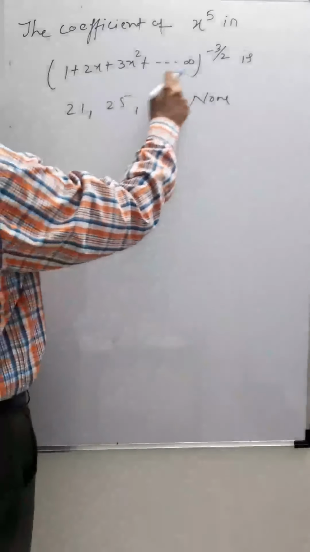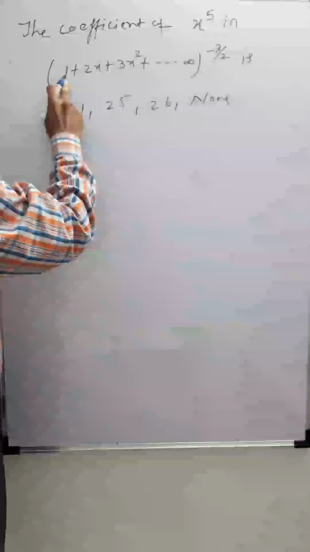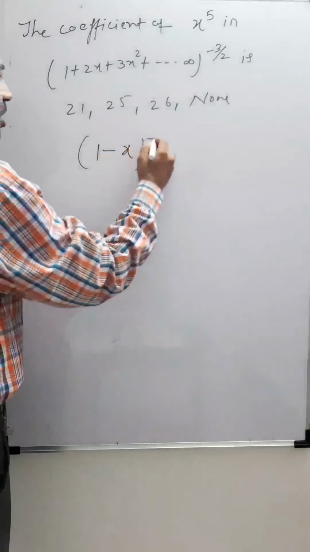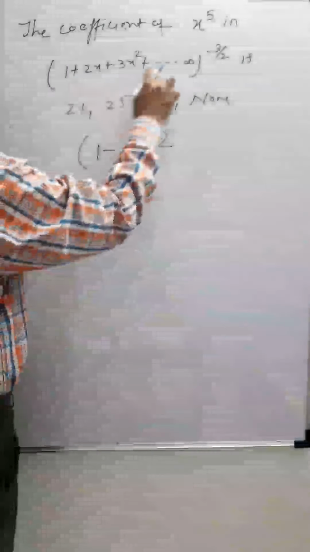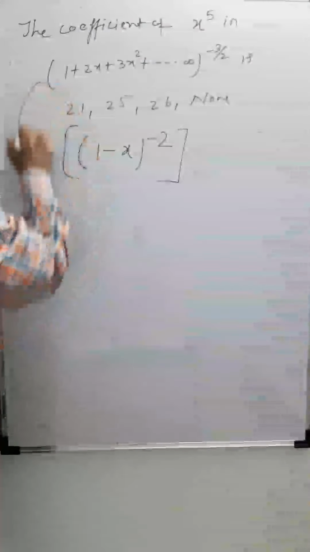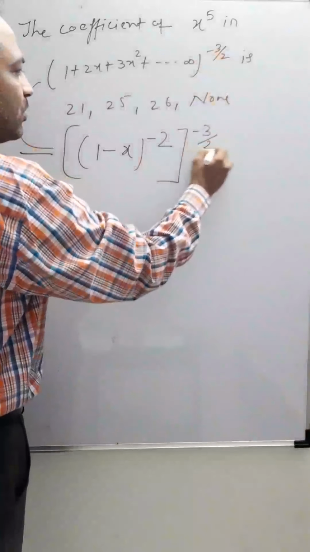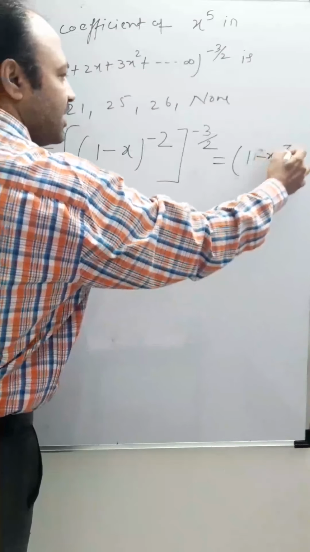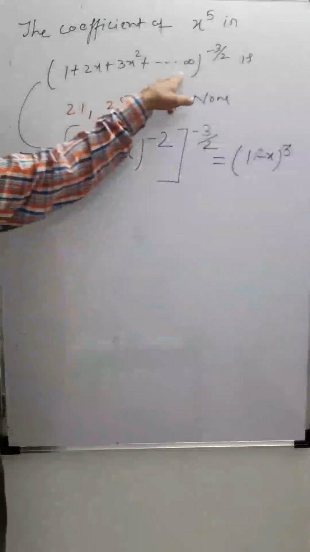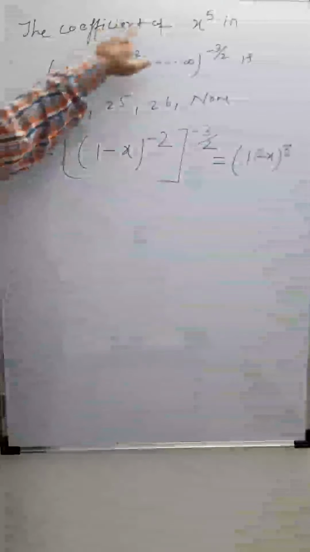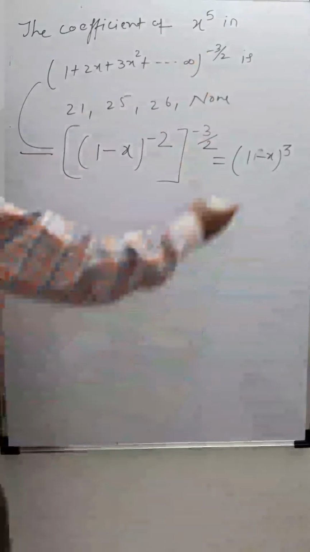So now we have to understand where this expansion came from. So look at this, 1 plus plus plus, and it starts from 2. So 1 minus x to the power, this is minus 2. Fine? All plus, and the second term is 2, so it should be minus 2. And whole to the power minus 3 by 2. So how much is left? 1 minus x to the power 3. Okay? Now this infininomial is converted into binomial (1 minus x) whole cube. Question is the coefficient of x to the power 5. So if you expand this, there is no term of x to the power 5. So none is the answer.